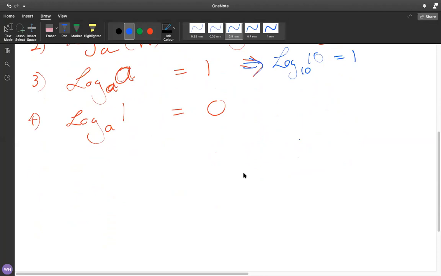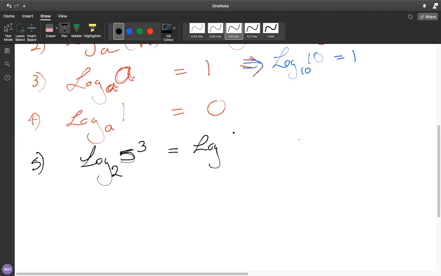So moving into the fifth one, that is something new that you will be learning in grade 11. Right now, if you have logarithm of 5 to the base 2 to the power 3. Okay, so if you write this one in this manner, right, logarithm of